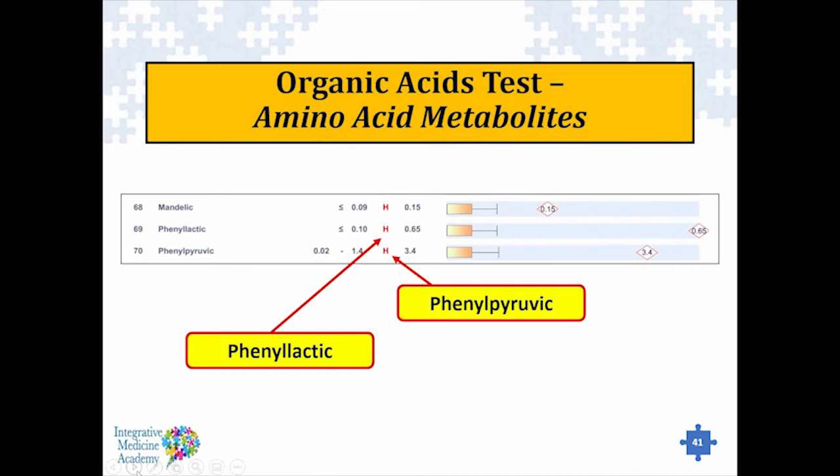So on the organic acid test, in the amino acid metabolite section, phenyllactic and phenylpyruvic give an indication of some kind of blockage in that phenylalanine hydroxylase enzyme, so you're not getting good phenylalanine to tyrosine conversion. Now, in these particular examples, the levels are just slightly elevated, so it's quite possible that particular enzyme system is not being supported by enough BH4, or it may be that there's some other chemical that might be interfering with the process as well. This certainly wouldn't be at the level that would be highly concerning of somebody who might have